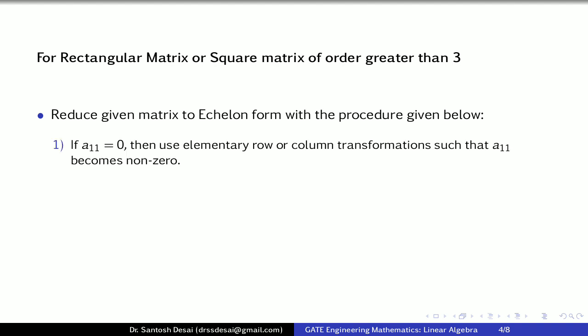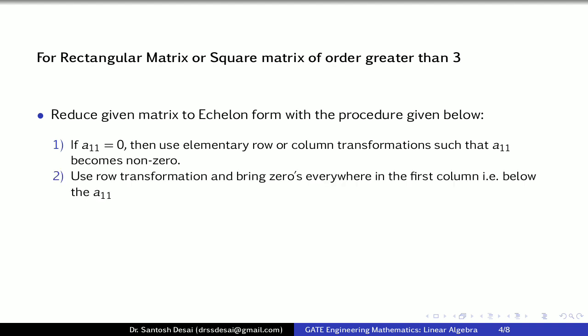First, if A11 is equal to 0, that is, the first element of the first row is 0, then use elementary row or column transformations such that A11 becomes non-zero. Then in the second step, use row transformations only. So note here, you have to use only row transformations. Using row transformations only, bring zeros everywhere in the first column, that is, below the element A11.